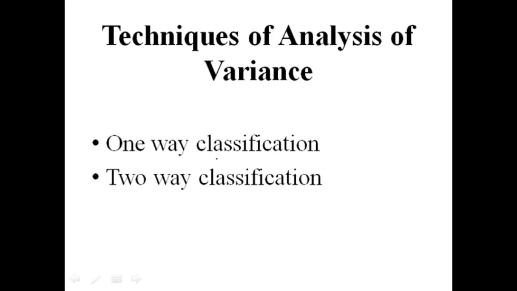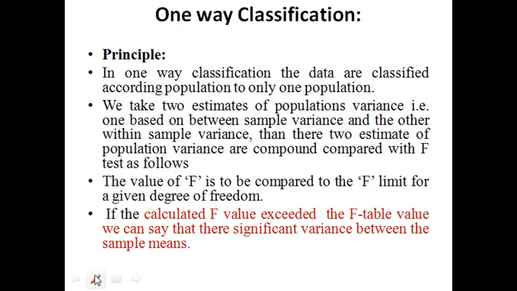There are two ways for the analysis of variance. One is one-way, in which one factor is considered, and the other is two-way, where two factors at a time are considered. In one-way only one factor is considered. For this there is a need to estimate the population variance based on between-sample and within-sample variance,